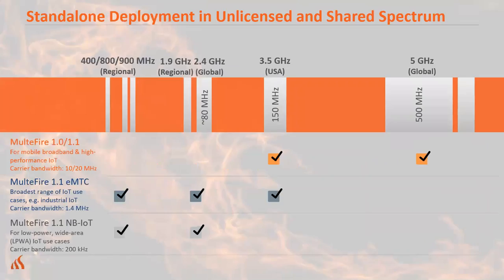Next slide, Ren. So this is a good slide to summarize the various releases we have to date. As you can see, initially Release 1.0 supported the 5 GHz band globally that gives access to 500 MHz of spectrum available worldwide. Of course, the MulteFire Alliance follows the rule needed to deploy in these spectrum bands, which is listen before talk, similar to LAA with a licensed anchor. Now, release 1.1 will open up capabilities into eMTC and NB-IoT in additional unlicensed or shared spectrum bands. And I added some details on this slide on which bands were targeted initially.